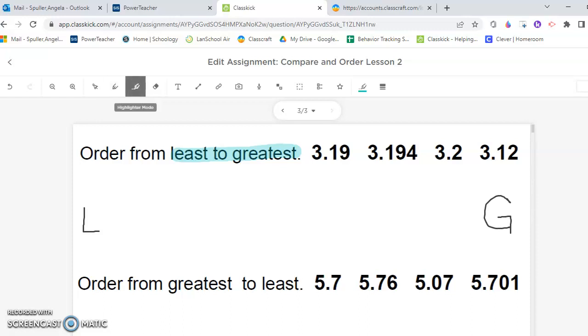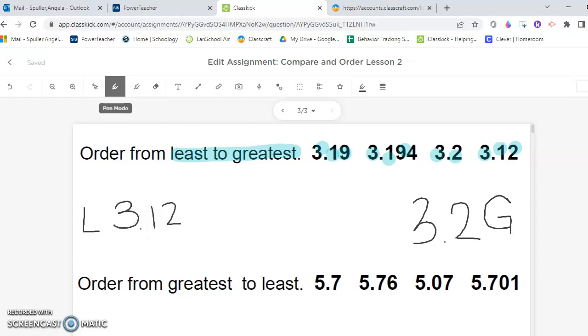So let's look at this. I have 3, 3, 3 in the ones, okay. All right. I have 1 in the tenths, 1 in the tenths. Oh, 2 in the tenths. Well, I can already tell that 2 in the tenths is the greatest. So I'm going to put 3.2 right there. Okay, so I have now 1 in the tenths. They all are equal so far. So 9 in the hundredths, 9 in the hundredths, 2 in the hundredths. So 2 in the hundredths makes it the smallest,